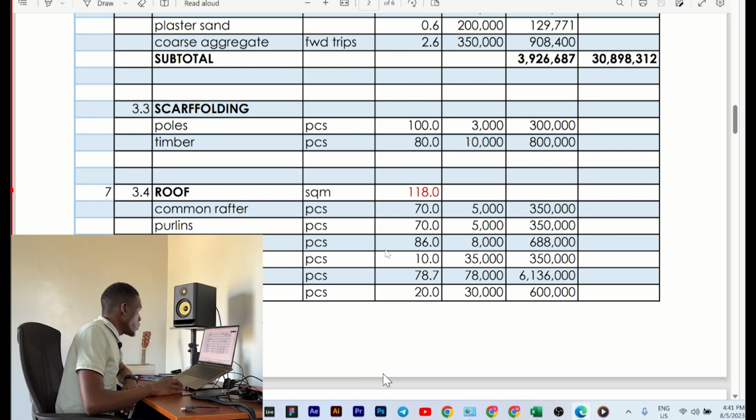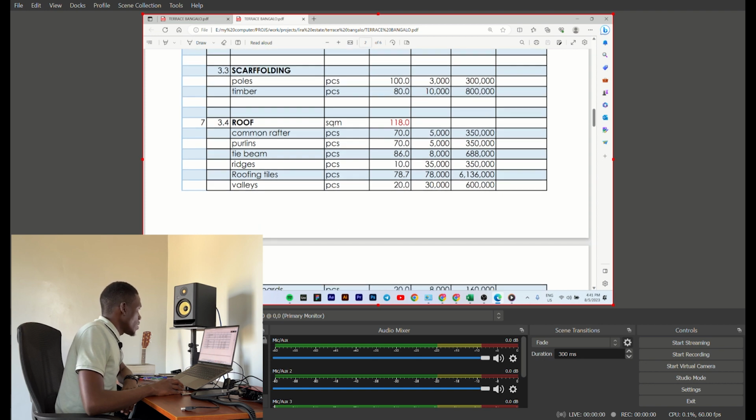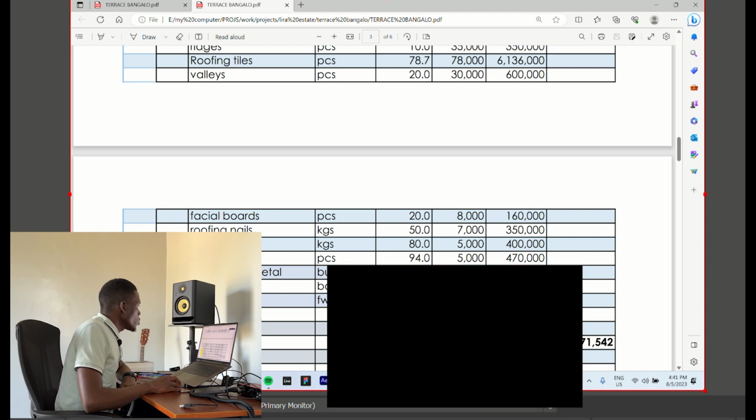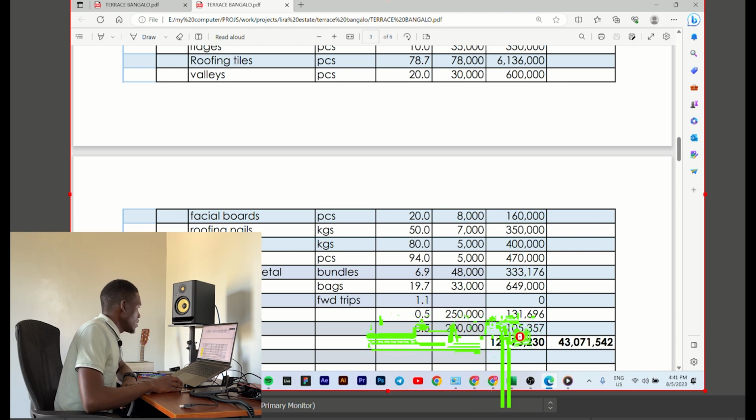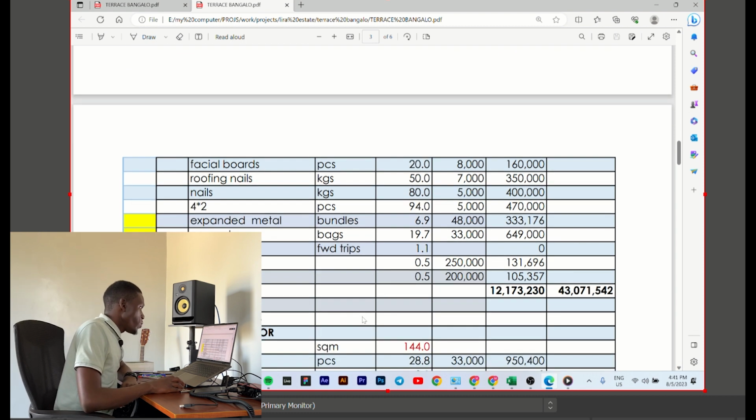So heading to the roof, we will need to buy common rafters 70 pieces, purlin 70 pieces, tie beams 86 pieces, then ridges, we need to buy iron sheets, valleys 20 pieces, fascia boards, roofing nails of 4-inch, 3-inch and 5-inch. We also need to buy expanded metal for the ceiling, 4x2 timber for the ceiling, and cement, lake sand and plaster sand for mortar casting of the ceiling, and the roof alone will cost us